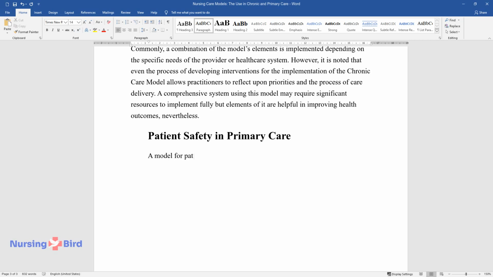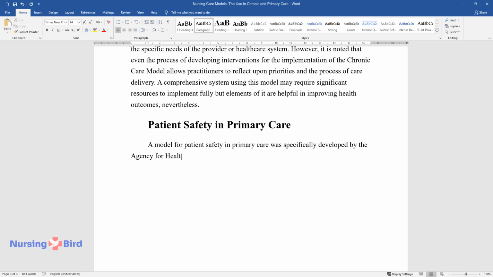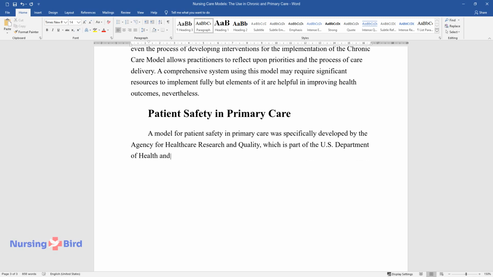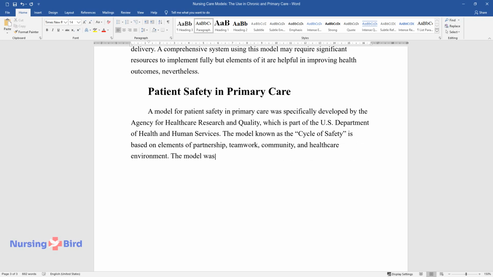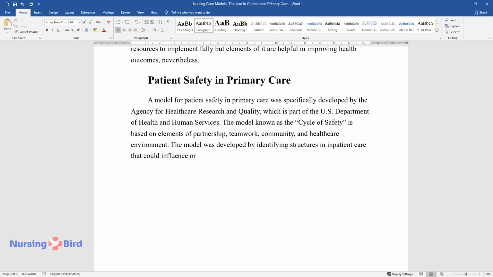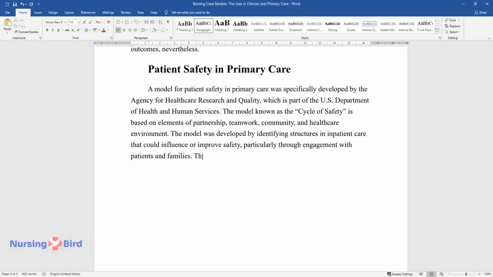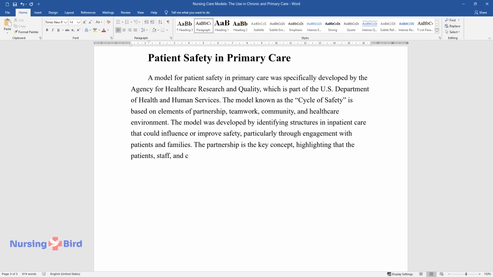A model for patient safety in primary care was specifically developed by the Agency for Healthcare Research and Quality, which is part of the U.S. Department of Health and Human Services. The model, known as the cycle of safety, is based on elements of partnership, teamwork, community, and healthcare environment. The model was developed by identifying structures in inpatient care that could influence or improve safety, particularly through engagement with patients and families. The partnership is the key concept, highlighting that the patients, staff, and clinicians form a relationship during